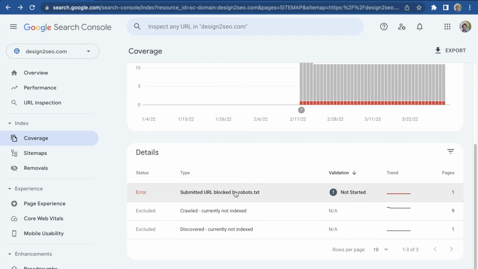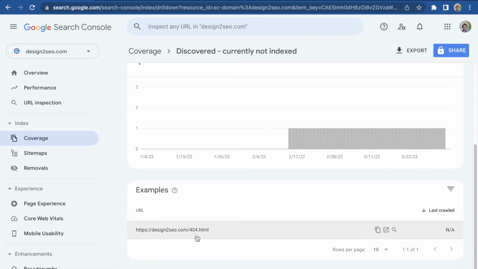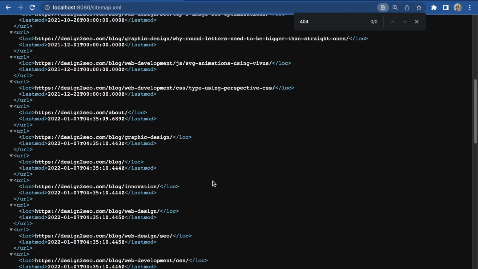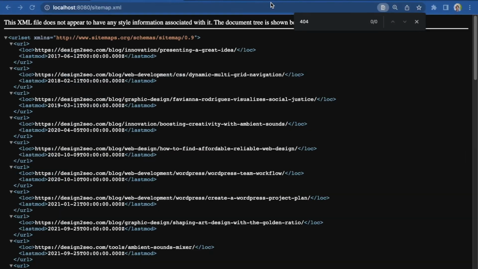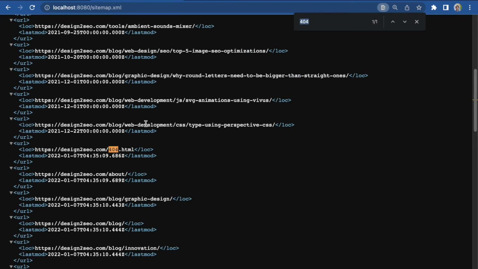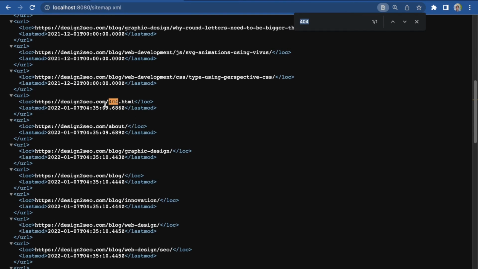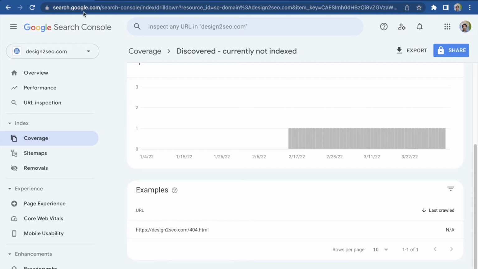That'll eliminate this top one here. Then moving down, there's the discovered, currently not indexed excluded issue, and that's simply the 404 page, which has nothing to do with the robots.txt file. I actually just took it out, but I'll put it back so you can see how you'd go into your sitemap, which is also in the root folder, your sitemap.xml. Whether it's published by Yoast on WordPress or, in my case, a static builder in Node, you would open that file, do a Command F, and see that the 404 is showing up here in the sitemap. That's not a big issue,